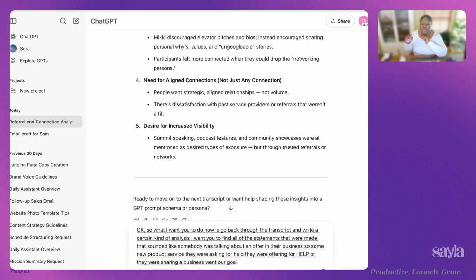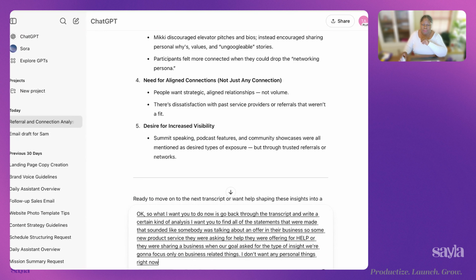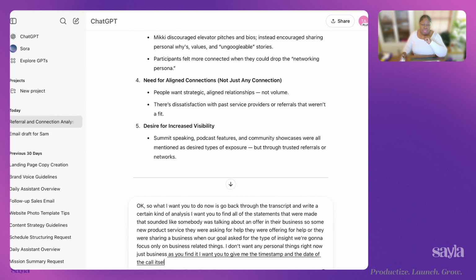As for the type of insight, we're going to focus only on business related things. I don't want any personal things right now, just business. As you find it, I want you to give me the timestamp and the date of the call itself. And then also, if I need to know context around it, I want you to define the context.